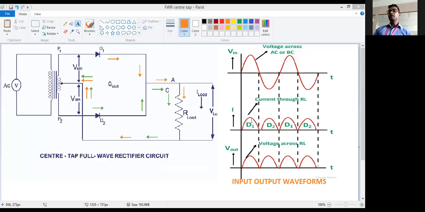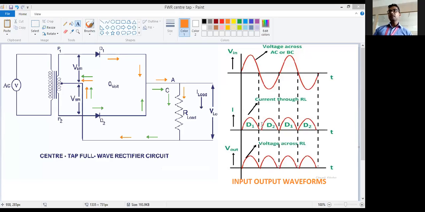See, we can say that in the positive half cycle, see the diagram I'm showing you, see the cursor. This is the positive half cycle. On the upper side is the positive terminal, on the lower side is the negative terminal. So obviously D1 is forward bias, D2 is reverse bias. So D1 is on, D2 is off. Hence current is flowing because of D1 only. We have to mention over there that current is flowing because of D1, and hence output voltage is the same as input voltage.